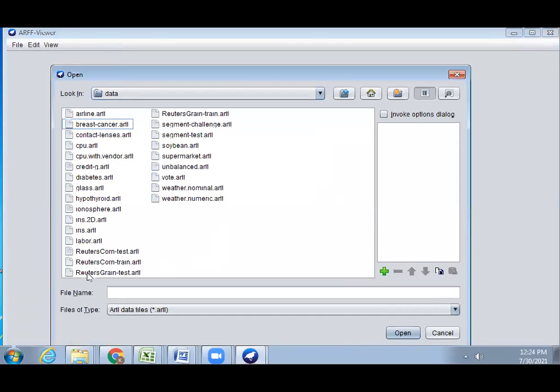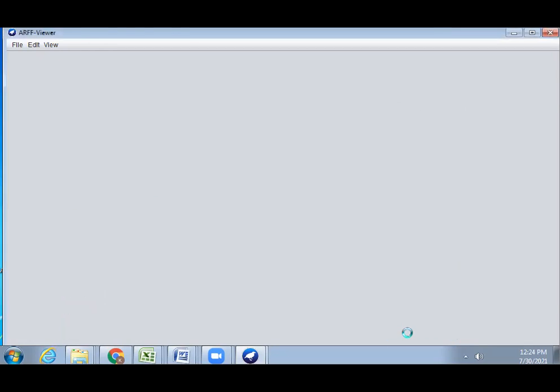These are the inbuilt data sets held in Weka. So here we choose labor, in our lab work to demonstrate pre-processing using the labor.arff file. So we choose the labor.arff file and select open.